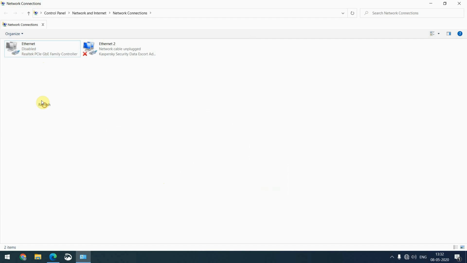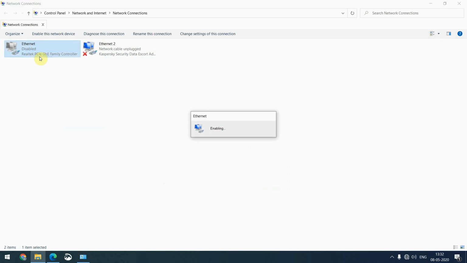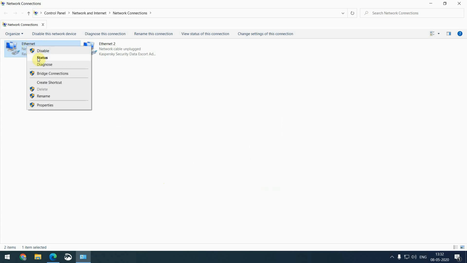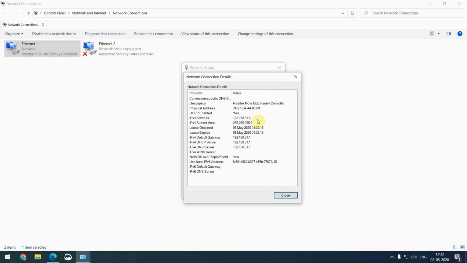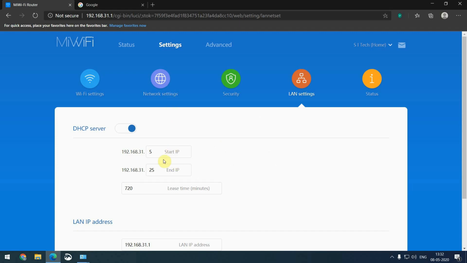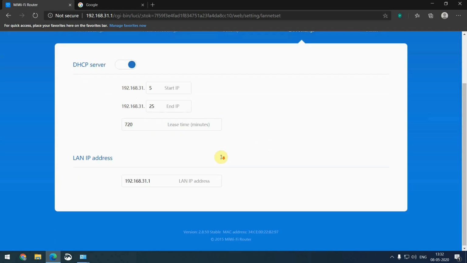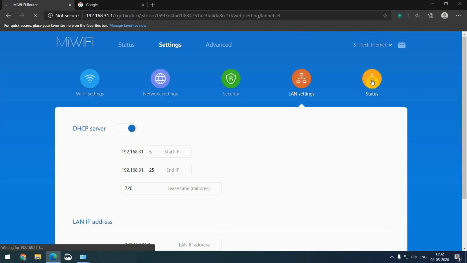Just go to the network, disable this network card, wait a few minutes, and then enable it again. Now this will ask the router to assign an IP address. Then we'll see what IP address is assigned to this system. It is 192.168.31.6, which is within the specified range.